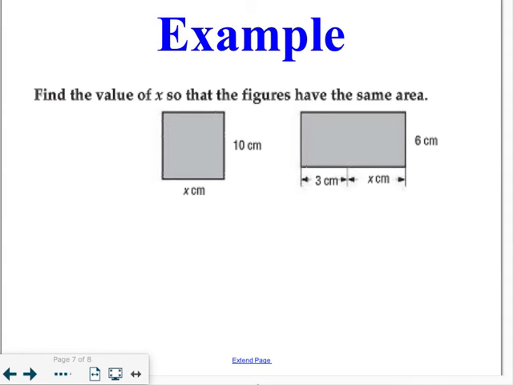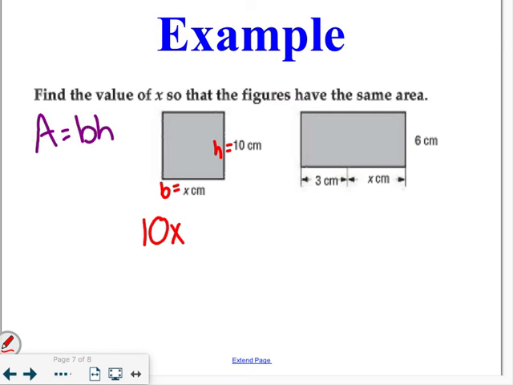Last thing we're going to do is solve a word problem. It asks us to find the value of x so that the figures have the same area. This requires us to remember what the area formula for a rectangle is. You should have that tucked away in the back of your mind. That's area equals base times height. So our area of our first shape, our base is equal to x, and our height is equal to 10. So base times height is going to give us